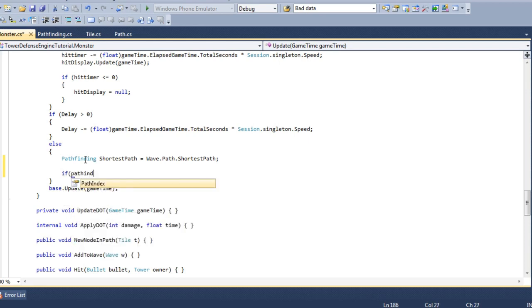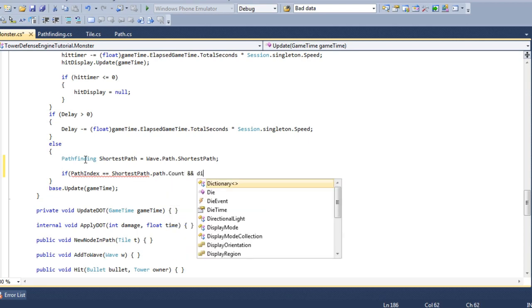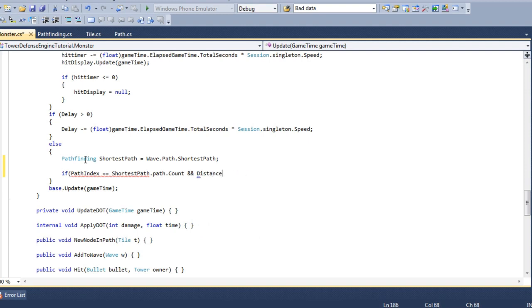If path index, we store the index of the tile that we are currently standing on, we save that index in the shortest path so that way we can continue forward and we know where we are. So if the path index is equal to the shortest path dot path dot count and distance traveled is greater than distance to travel,